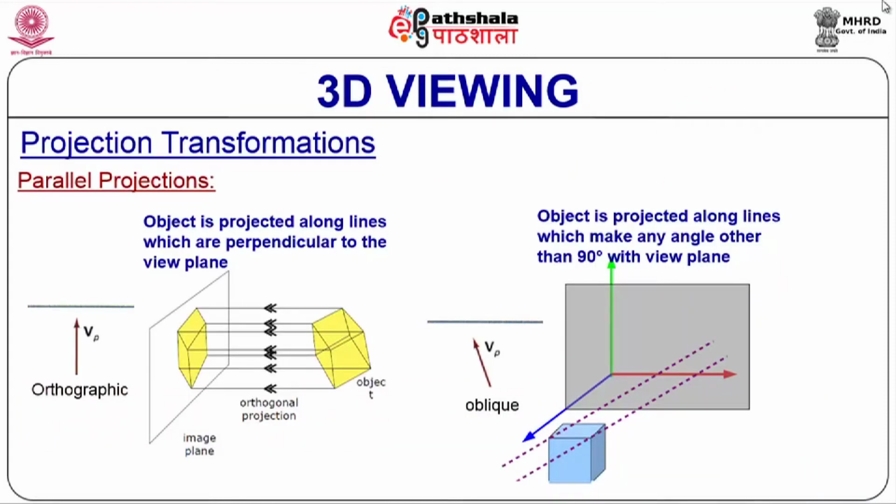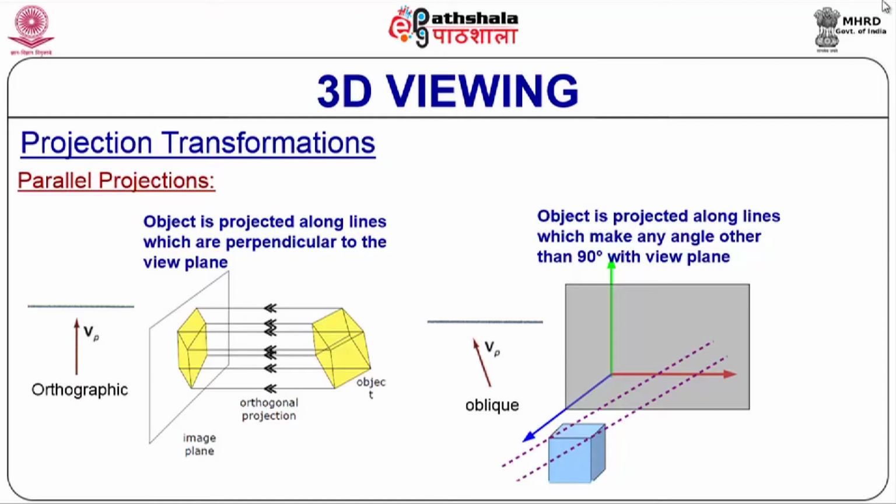We will also look into the classification of these two projections. In parallel projections, we have oblique, orthogonal, axonometric, multi-view and orthographic classes, while in perspective projections we have 1 point, 2 point and 3 point perspective projection, which you can look at in the previous module for a better idea.